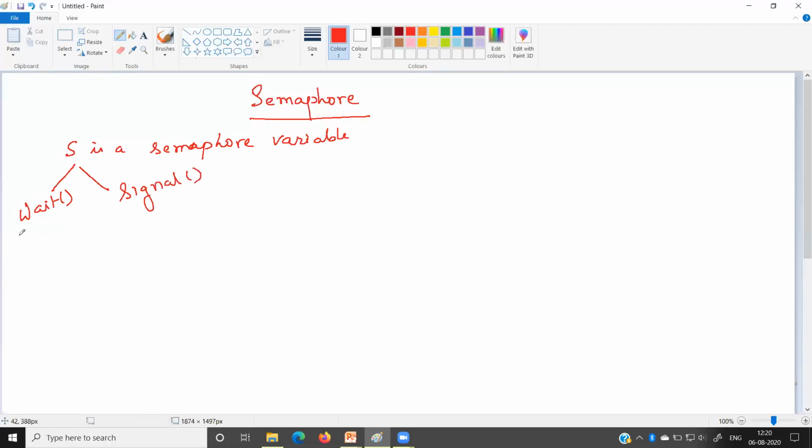Other than these two functions, the semaphore variable S cannot be accessed from any other function. Now we will see how, using the wait and signal functions and the semaphore variable S, we can solve the critical section problem.